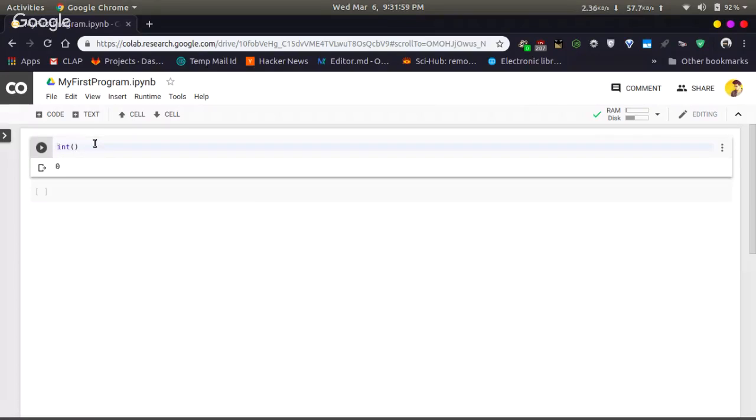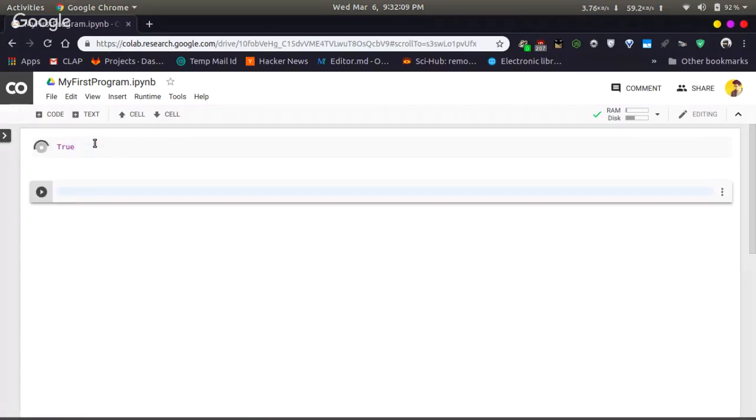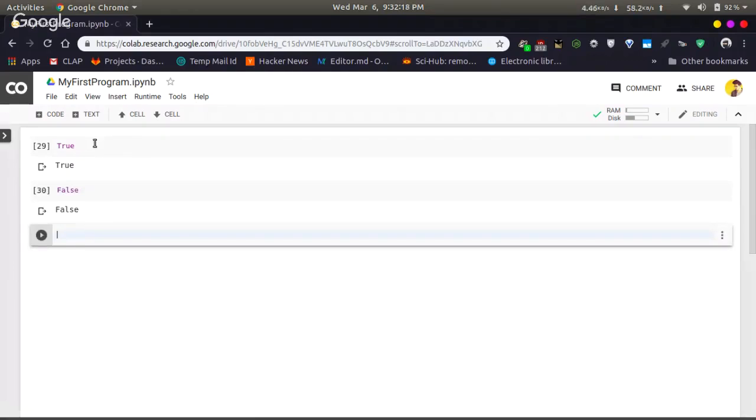This is because int is a predefined keyword. Similar to int, there is True, there is False. These are values that are predefined in Python. So what is a keyword? Keyword is a word that is already defined and has a meaning to it.